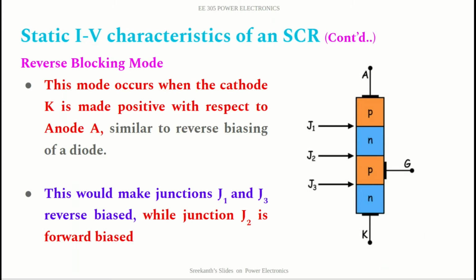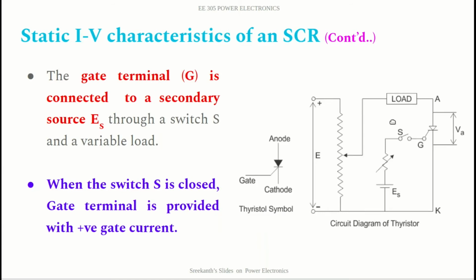Reverse blocking mode. Now, when does this occur? This mode occurs when the cathode K is made positive with respect to anode A, similar to reverse biasing of a diode. If you remember the earlier diagram, you can see that here we have applied positive, which means that the current will flow like this, and it will come like this,